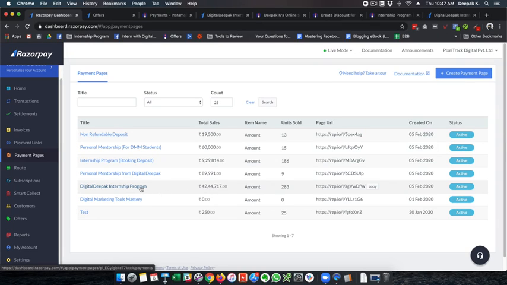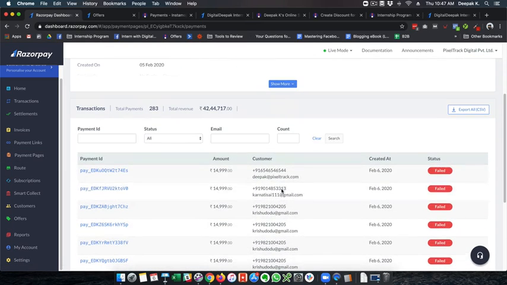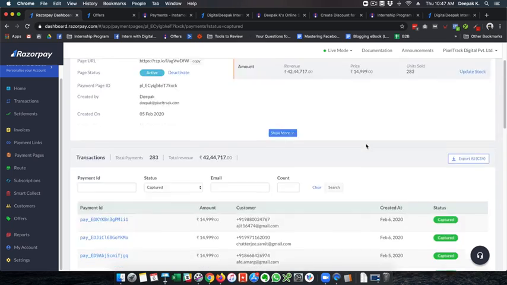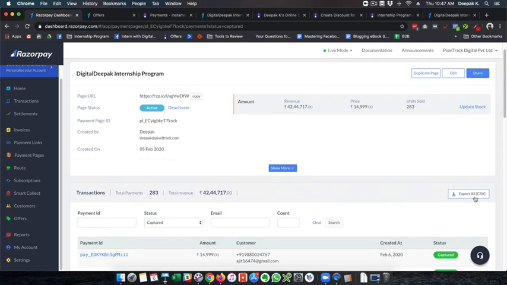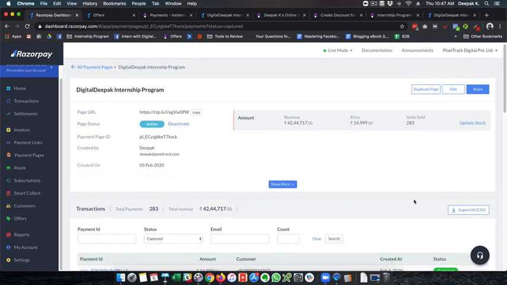I did not do the API integration. Now I have to go ahead and look at all the payments I have received. If I filter by captured and download, not just the captured payments come, but failed payments come too. So I download a CSV file, upload it on Google Sheets, put a filter for captured payments only, take all the email IDs and phone numbers, and send an SMS via an SMS tool to all these customers.